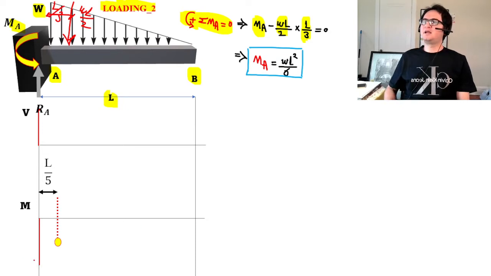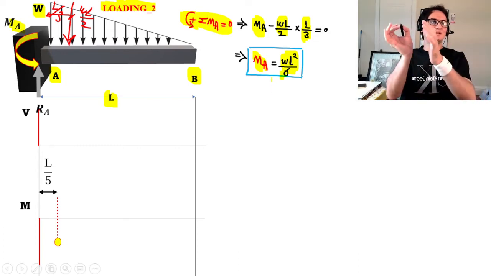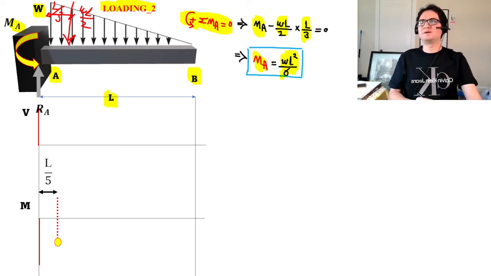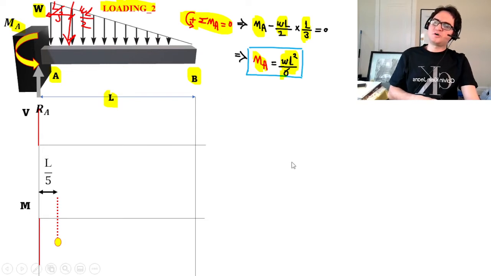It gives us a numeric value or parametric value of moment at A of WL squared over 6. So you can easily see how the moment at A is reduced from the previous case, because in the previous case, the bigger chunk of load was at the farther end, so it creates a bigger moment. And if you want to draw the moment,